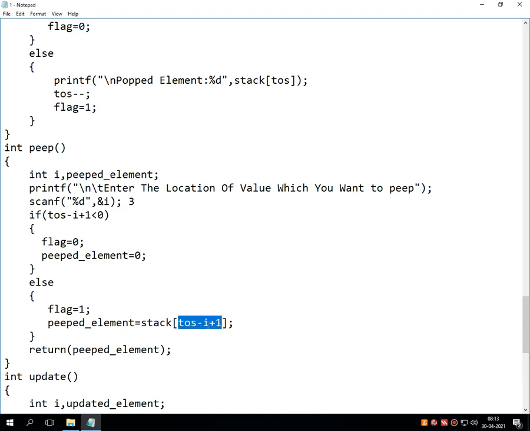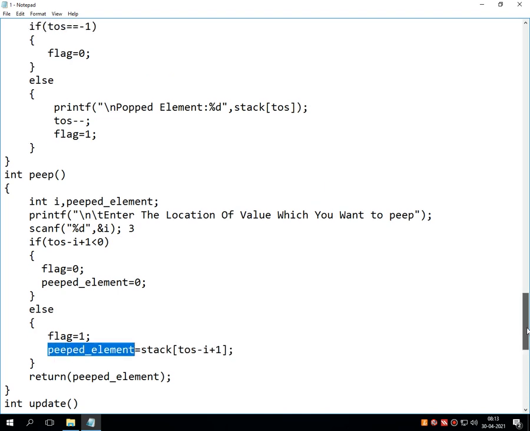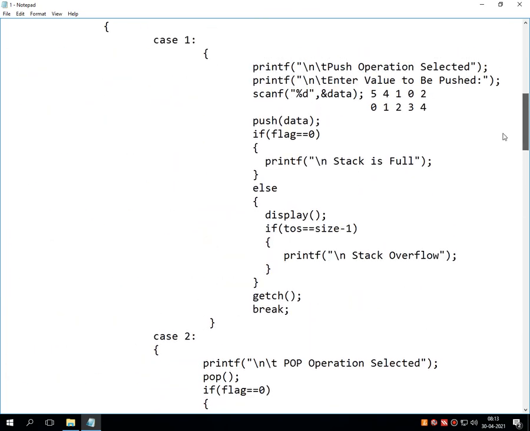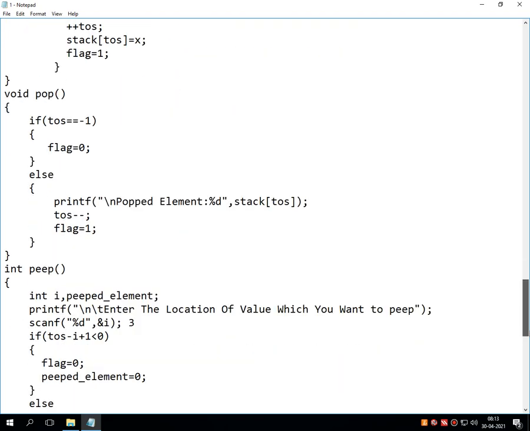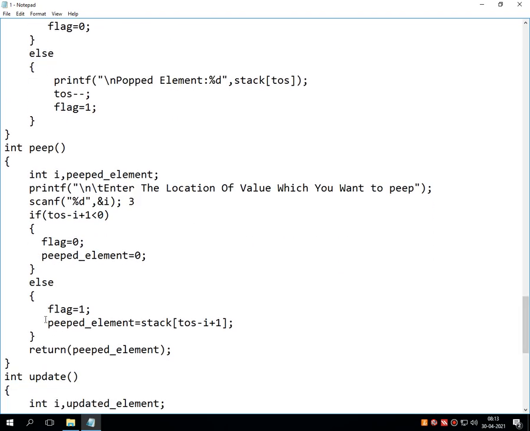It searches for location number 3, retrieves the value of location number 3 and stores it inside the peeped_element variable. So as per the location, the value on the third location is 0. This 0 is going to be stored inside peeped_element and that variable is returned by this statement.